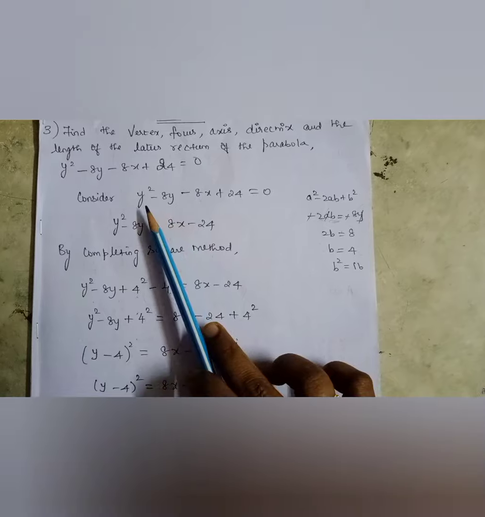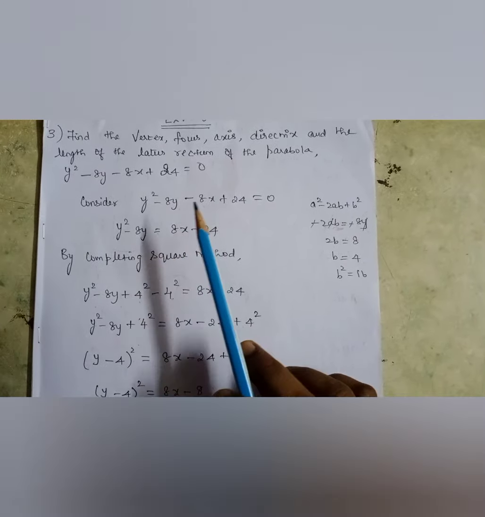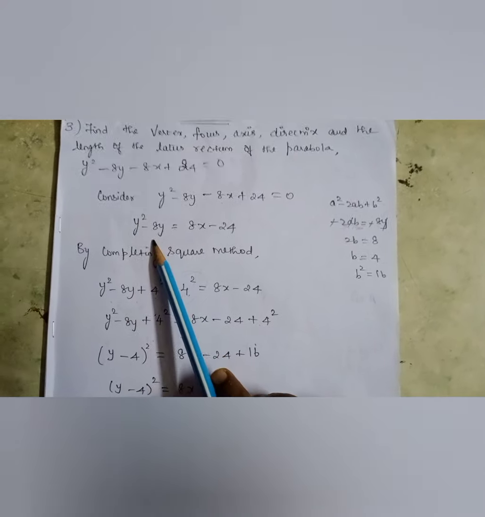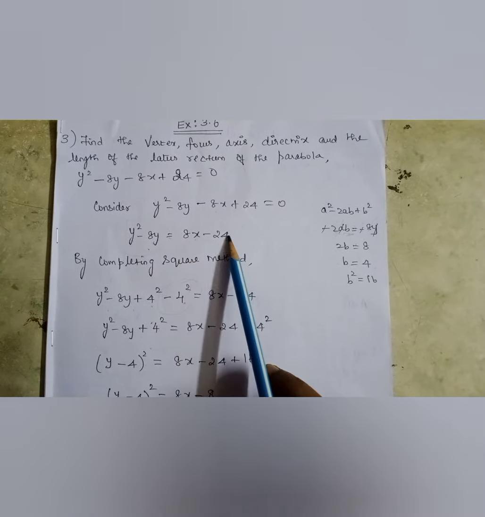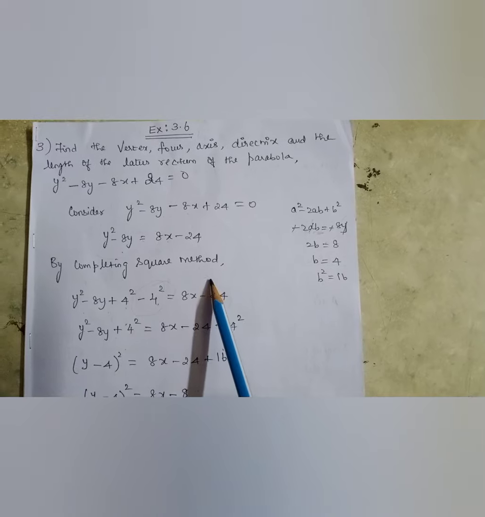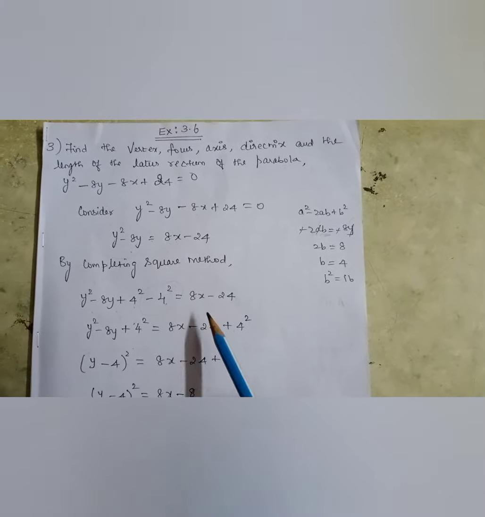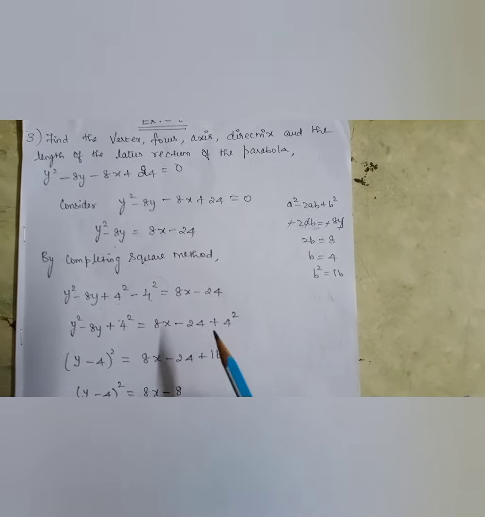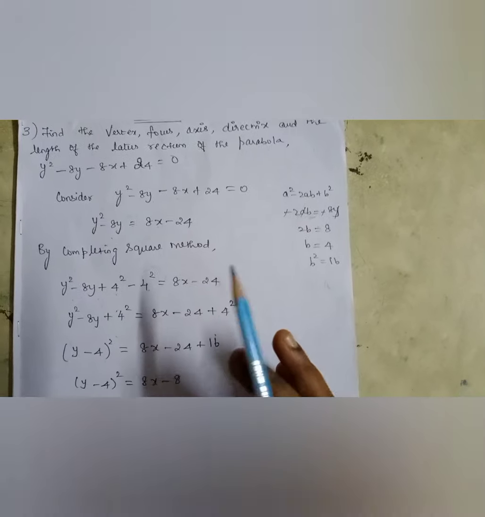Since the equation is having a y square, it should be either y square is equal to 4ax or y square is equal to minus 4ax. So I'll keep the y square and y term on the LHS, and I'll take the rest of the terms to the other side, that is 8x minus 24 to the other side. We are using the method called completing the square, which you would have studied in your 10th standard. In algebra, you would have studied this method for sure. That is what we are going to make use of here. That's why algebra is very important, which will be spreading its branches everywhere you go.